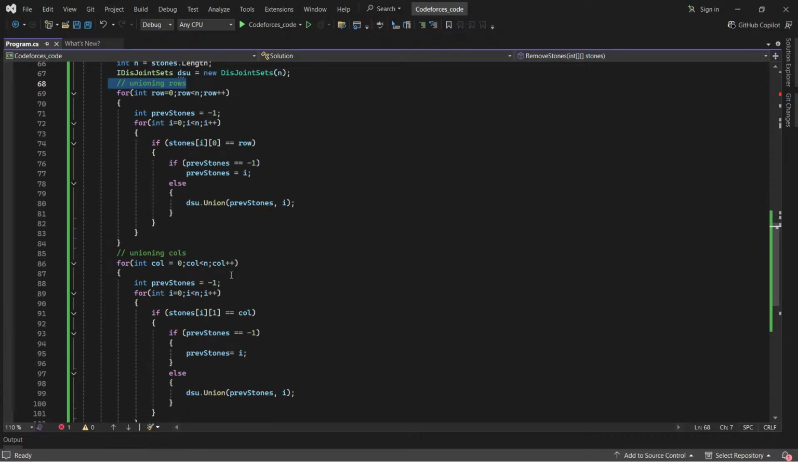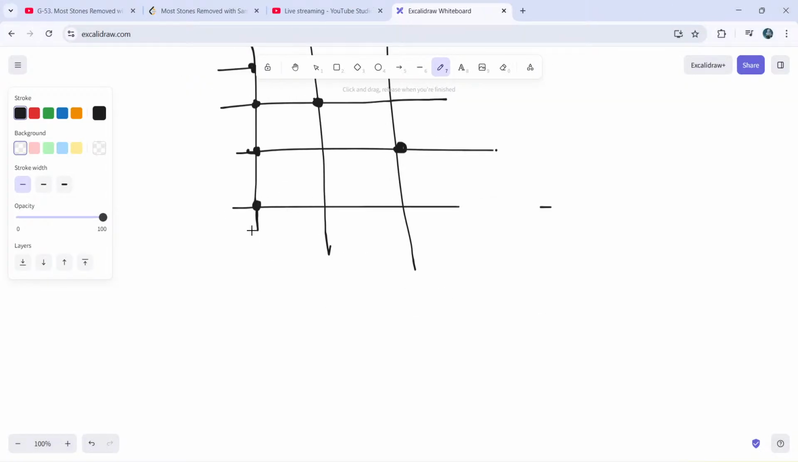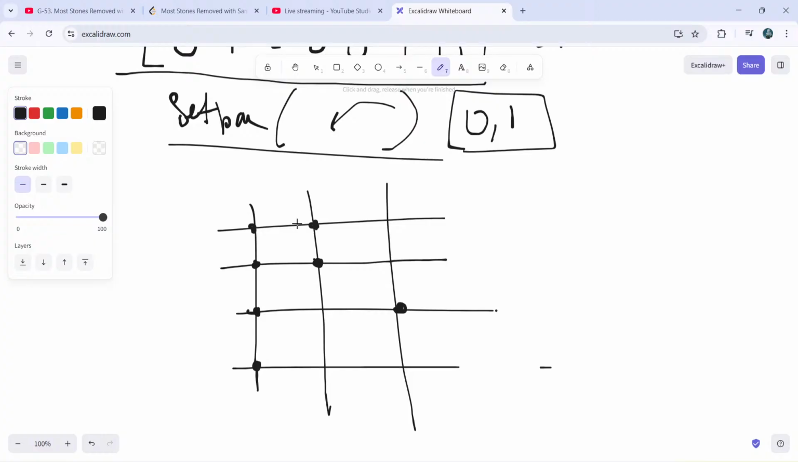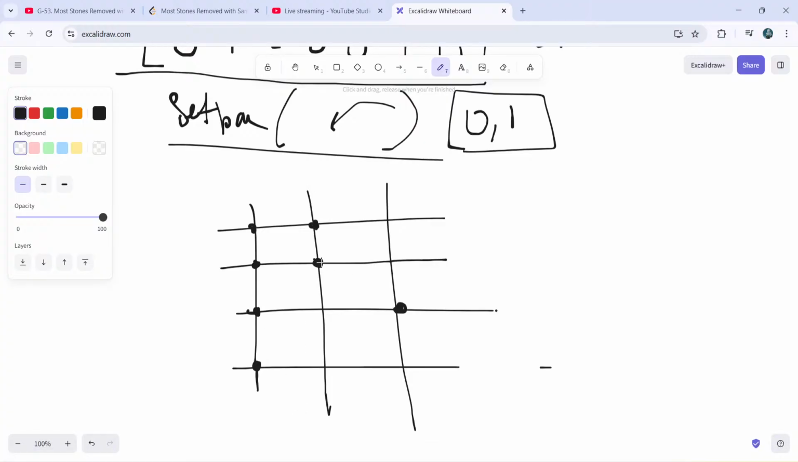I don't know why it's failing because you are clubbing into a single set, and whenever, let's say, this is coming, right, so this will